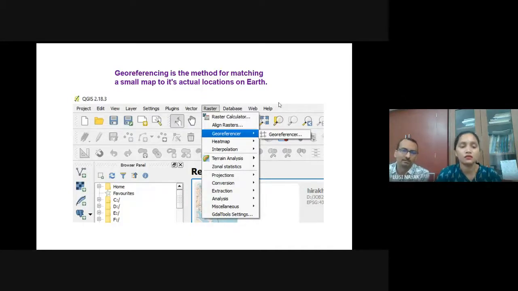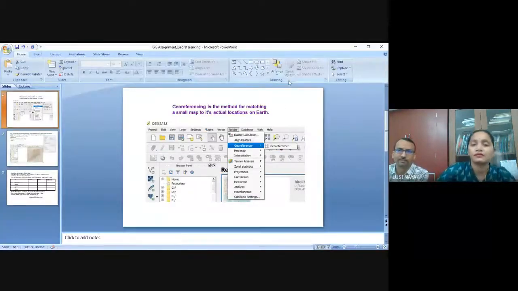Then escape. Come to the QGIS interface. Stop sharing.